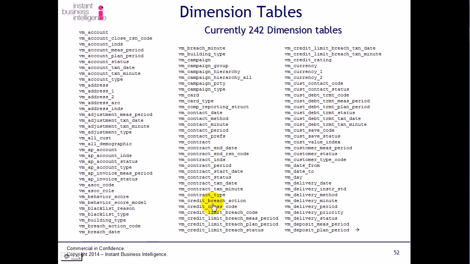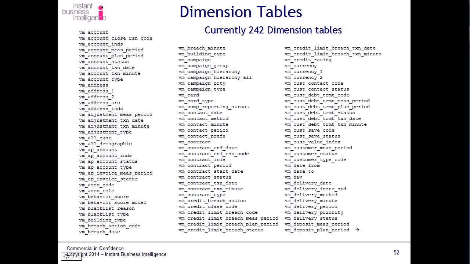So this is your breach action code, whatever the breach action might be, but then this is specifically a credit breach action, and then a credit class code, credit limit breach code, credit limit breach status, credit limit breach transaction dates and times, your credit rating, your currency 1 and 2 when you are creating exchange rates, your customer contact code, your customer contact status, your customer debt treatment code, your debt treatment status, your customer save code and customer save status,